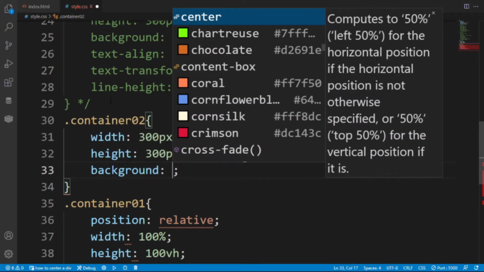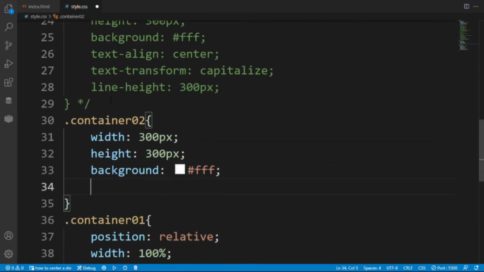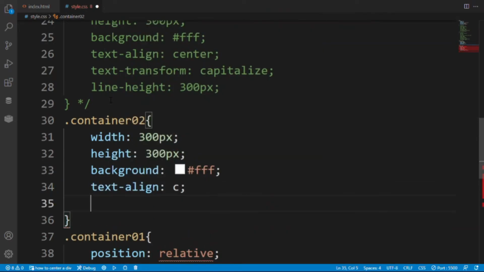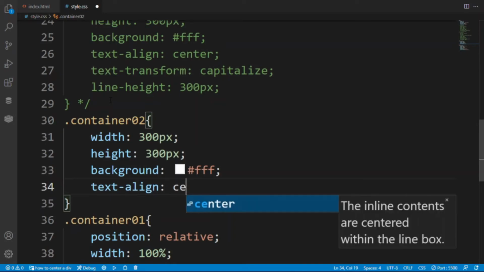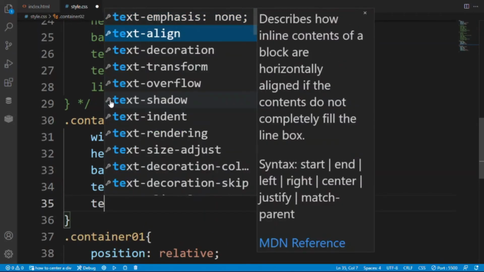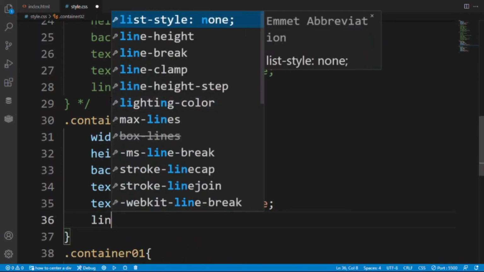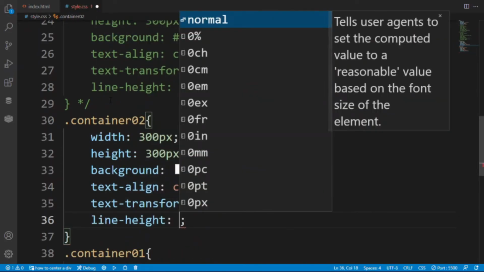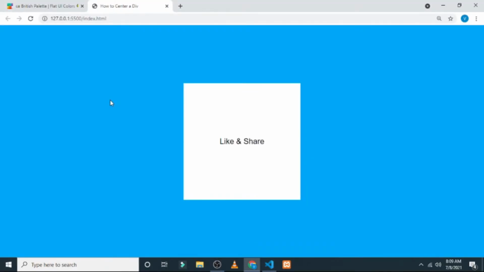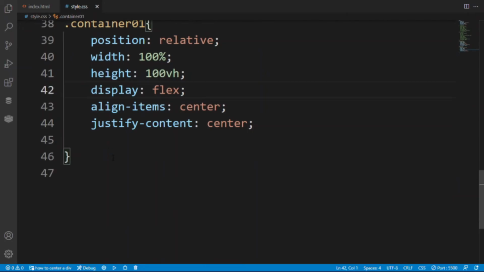So width is 300 pixels, height is 300 pixels, background is beautiful white, whose hex code is ff, and text align is center, which means the text which is floating to the left will be aligned at the center. Text transform is capitalize each word, and line height will be 300 pixels because of the height. So as you can see in the preview, they are equally responsive.